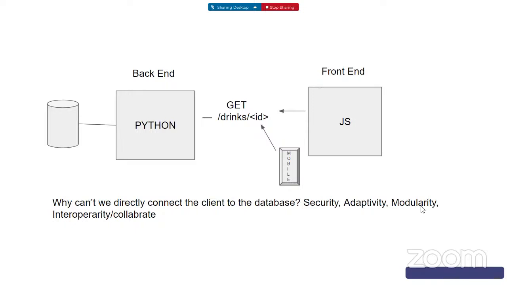Modularity means that you see the languages are often updating. Maybe one day I cancel this Python, I don't want this Python anymore, or I would change to JavaScript. Then you only need to change the interaction with the database, and then you connect to this API. So it means you only need to change one module instead of changing the whole system. The last one is